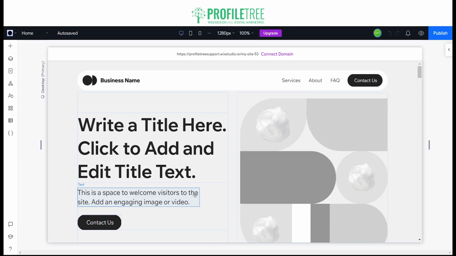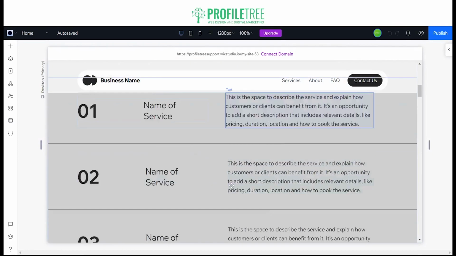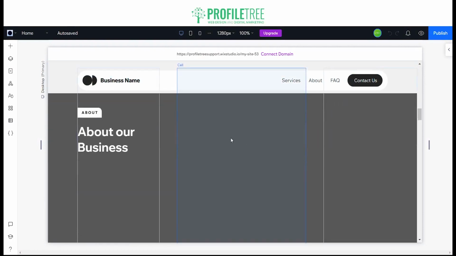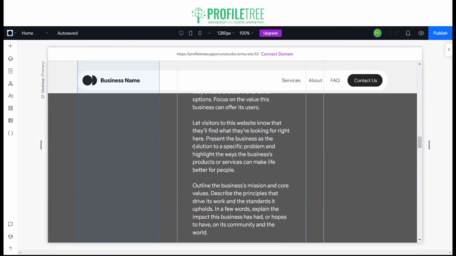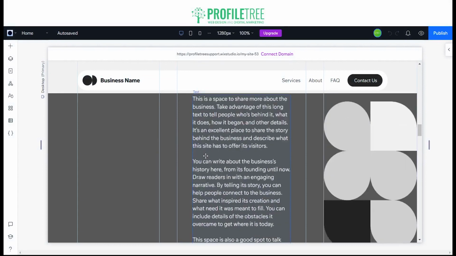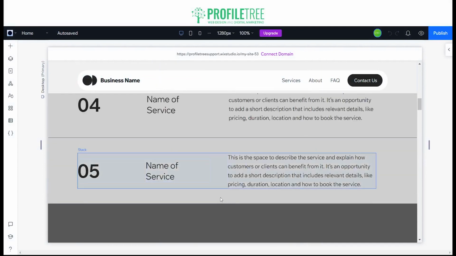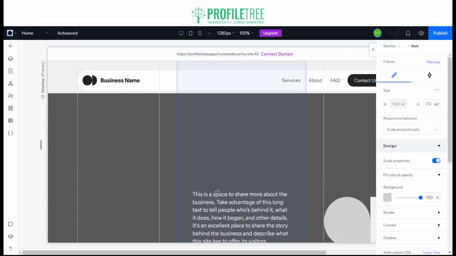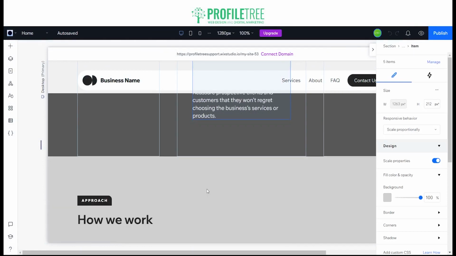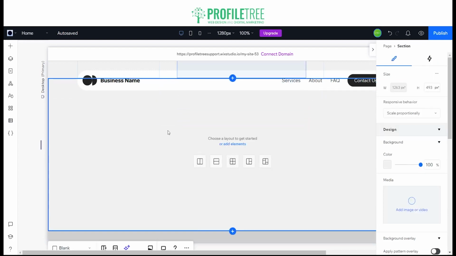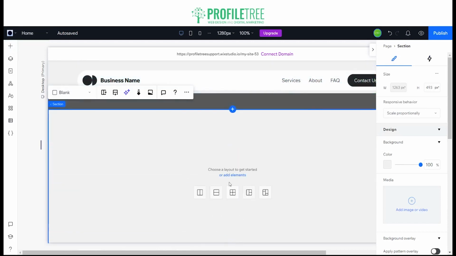But anyway, I know we are working off a wireframe, but this is your opportunity as well to add different areas or different parts to the website itself. So say I wanted to go ahead and add a team area. So the best way I could do that is just scroll down just to see if there is a space available. So this is one here. I'm going to go ahead and add a section in. And what I'm going to do here is I'm going to go ahead and select a